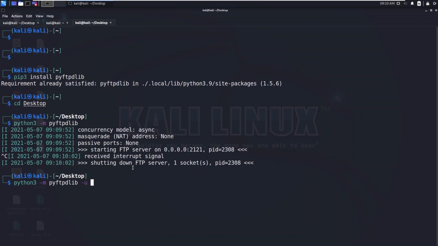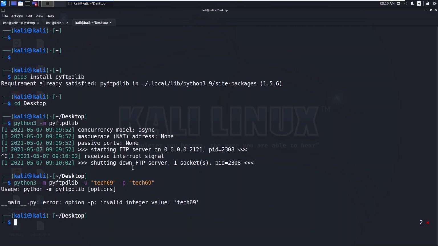You can use a username like Nikhil, like tech69, and the password tech69, and hit enter.